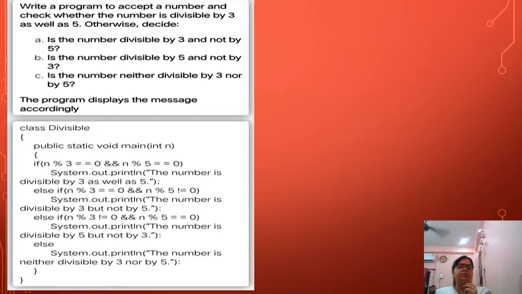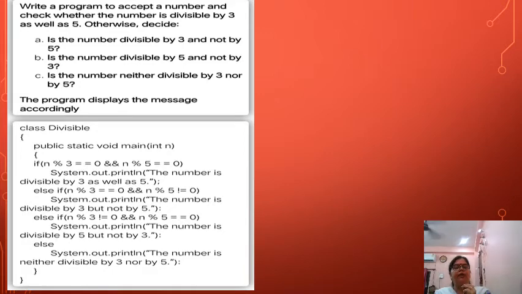It means we have to make three ifs, three if-else-ifs, or either you can do it with multiple ifs also. See here, it is a simple program. We have input n, whatever value of n you are going to take, and we check if n modulo 3 is 0 and n modulo 5 is 0,